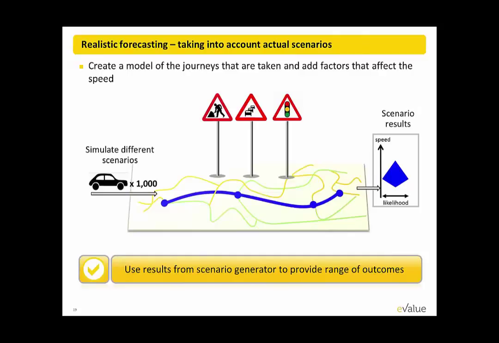And we then put 1,000 cars through this journey and find out what length of time those cars actually end up taking to get to the end of the journey. That then gives us our results